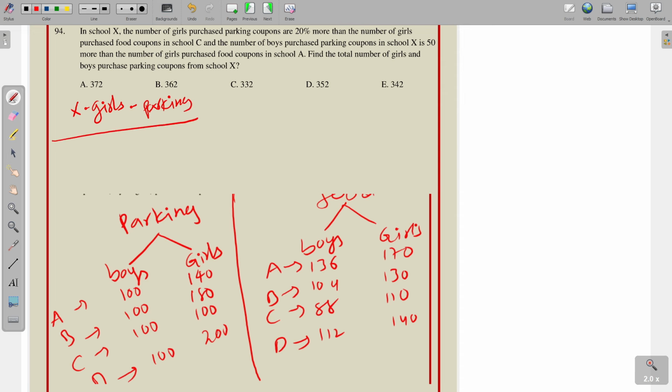Parking coupons are 20% more than the number of girls